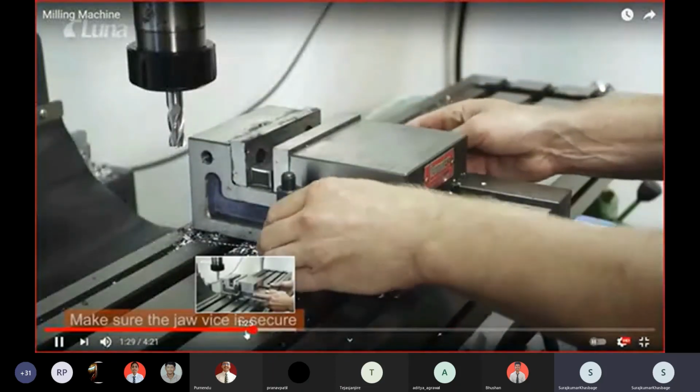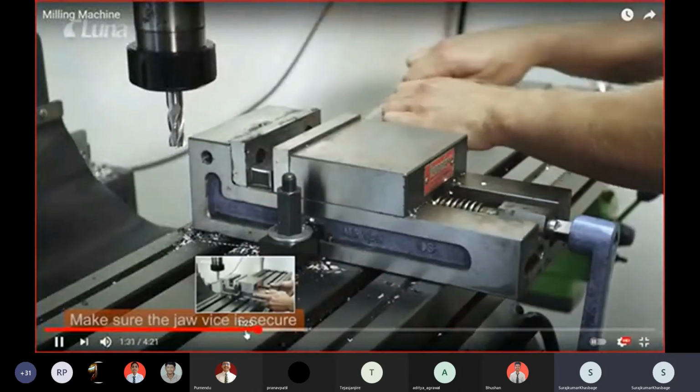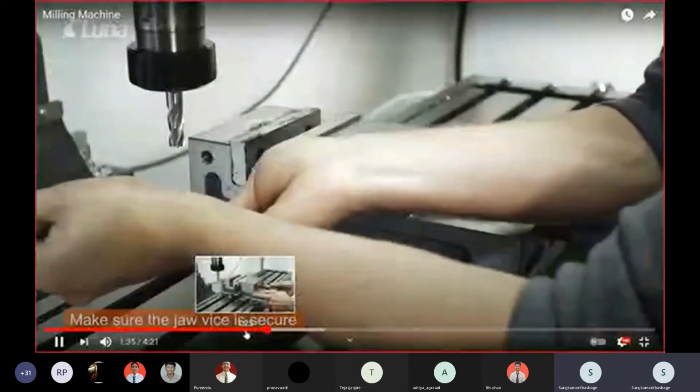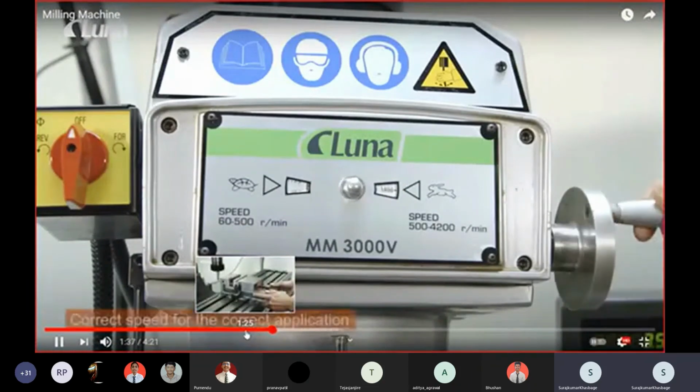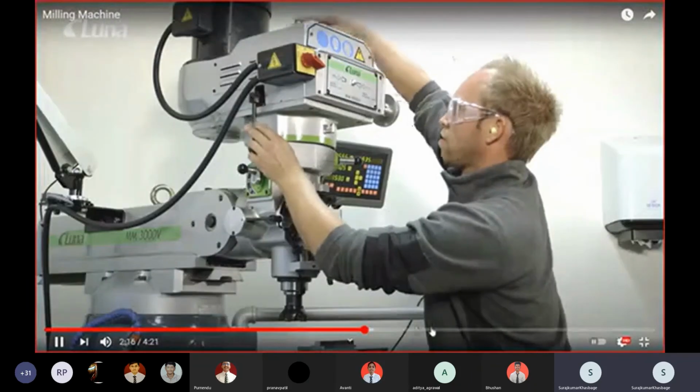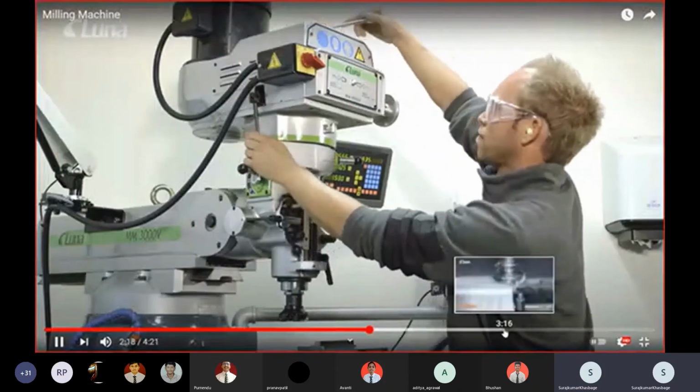Although it looks like a drilling machine, it is not a drilling machine. It's a milling machine.